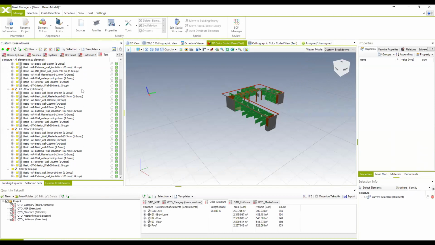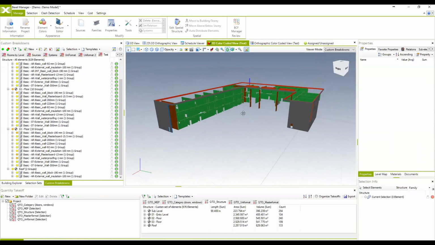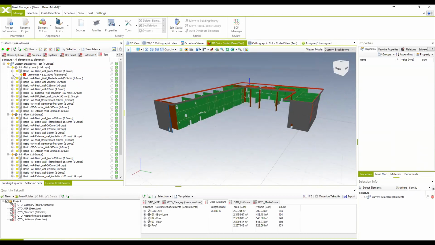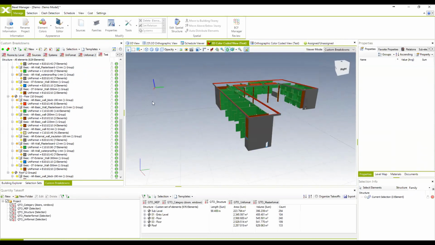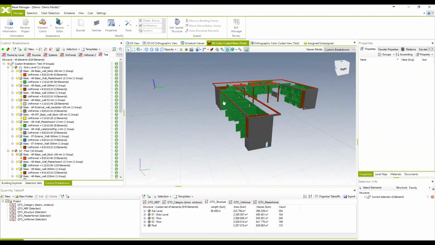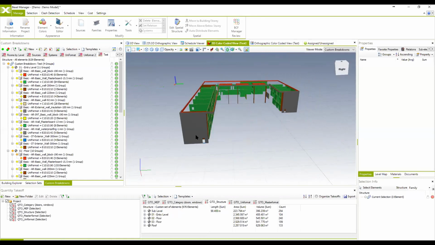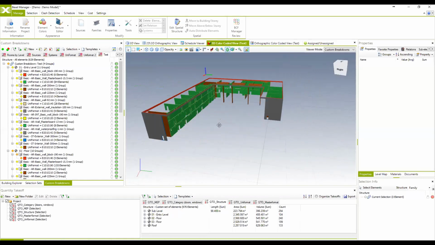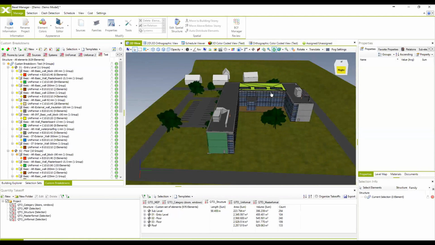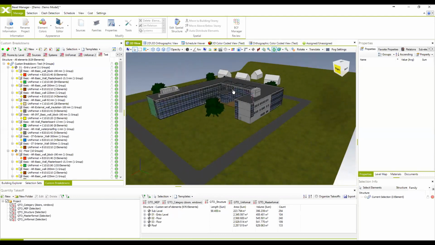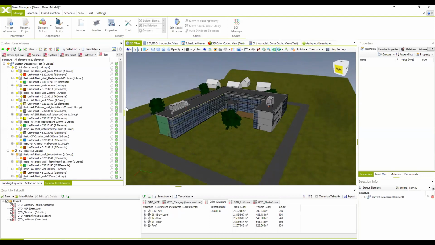So here you see all walls differently color-coded according to the uniformat property, and when we expand all these, you see the entire custom breakdown structure according to some specific property that we actually created. So I'm gonna show all elements again and go back to 3D view, because since we're talking about properties and the custom breakdown of these elements according to the properties,